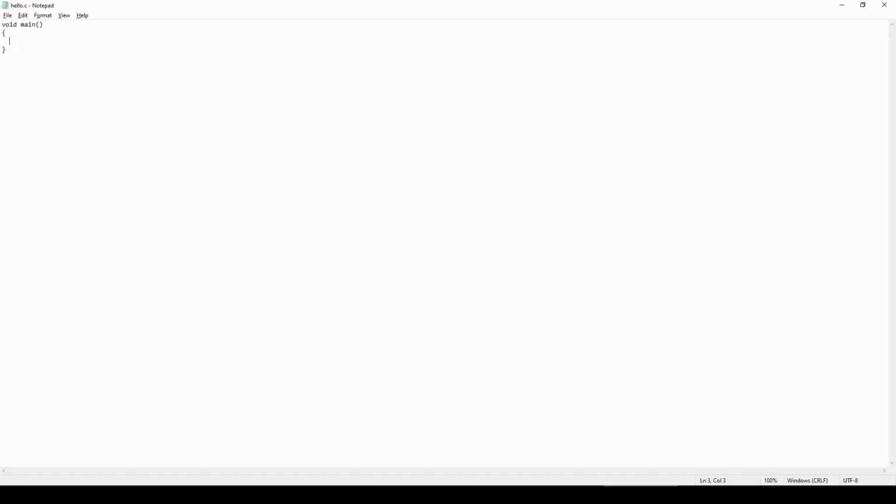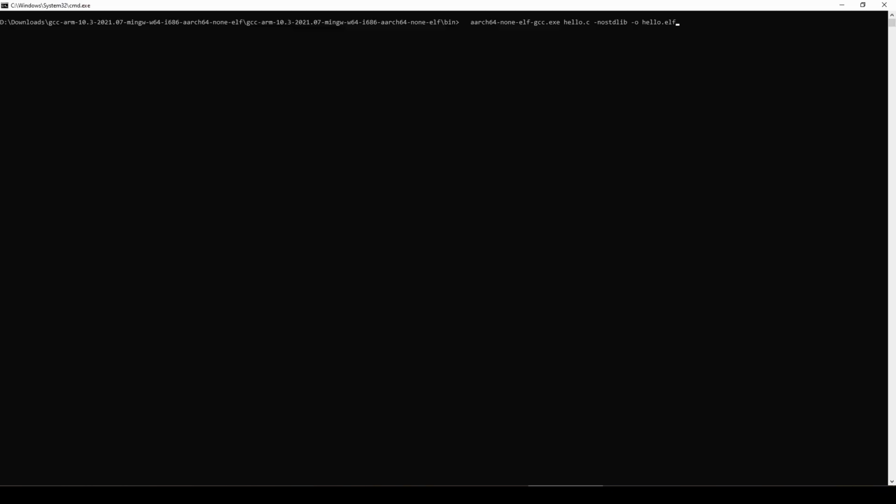So I'm going to create a super simple program. This is hello.c, and I'm going to say int a equals 3. And now I'm going to compile this, and my compile line is gcc hello.c, and I'm going to say -nostdlib because I do not want to link with the standard library, because that will bring in much more stuff that isn't my code and will ruin my demonstration. So I'm going to use only code that I produce here, and then